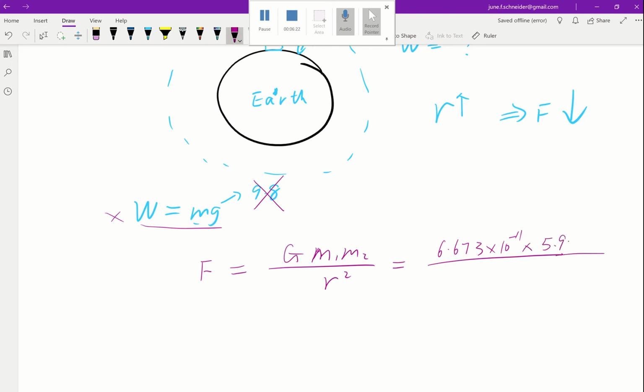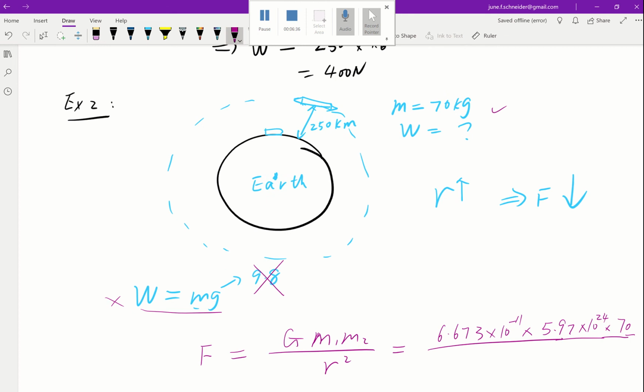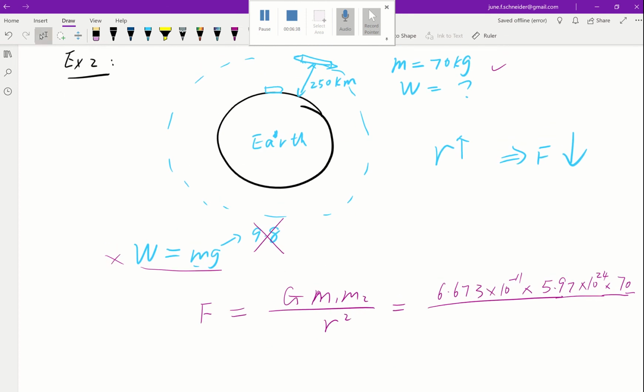No need to remember, just need to know where to find it. That's the mass of the Earth. And then we have the mass of the astronaut, which is 70 kilograms for this problem. Then the distance between the Earth and the space shuttle where the astronaut is, this is going to be our r, and that r is going to be the radius of the Earth